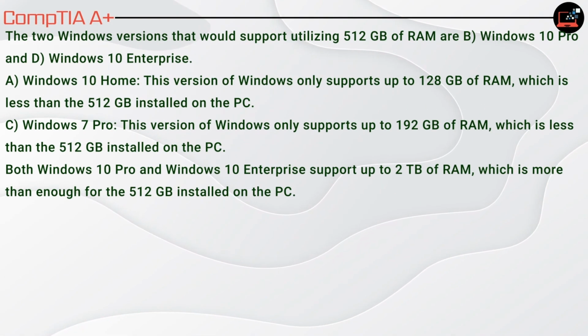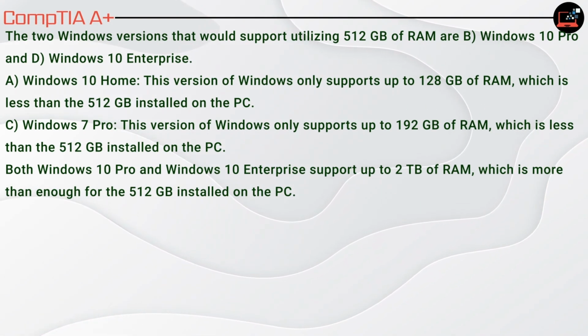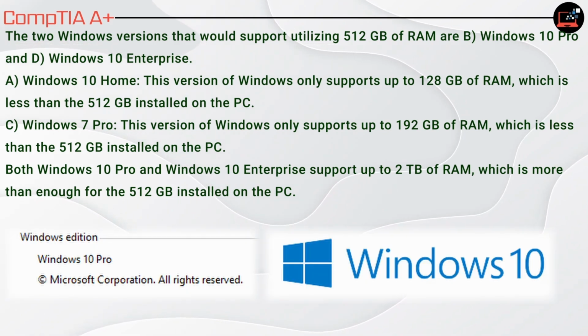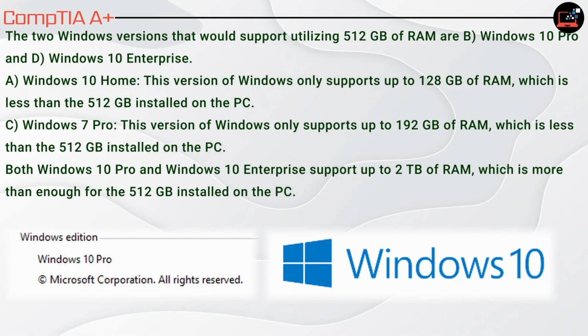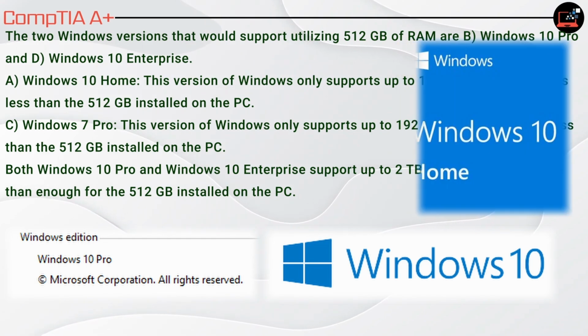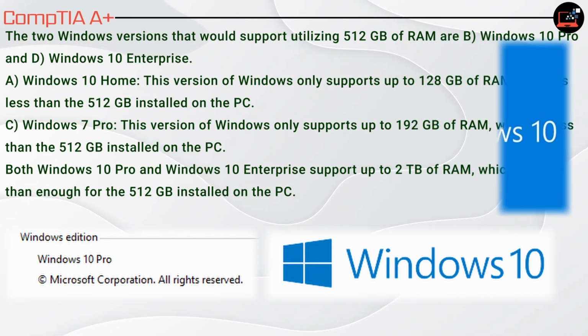The two Windows versions that would support utilizing 512 GB of RAM are B. Windows 10 Pro and D. Windows 10 Enterprise. A. Windows 10 Home. This version of Windows only supports up to 128 GB of RAM, which is less than the 512 GB installed